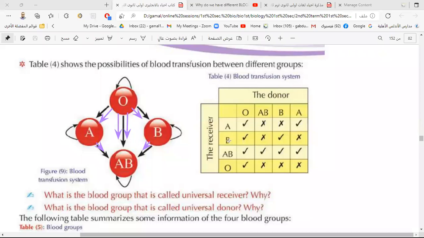B can be a recipient from O, can be a recipient from B, and cannot be a recipient from A and AB. AB can be a recipient for all blood groups. O can be a recipient only from blood group O. So O is called general donor or universal donor, and the AB can be called universal recipient. And we'll stop here in this